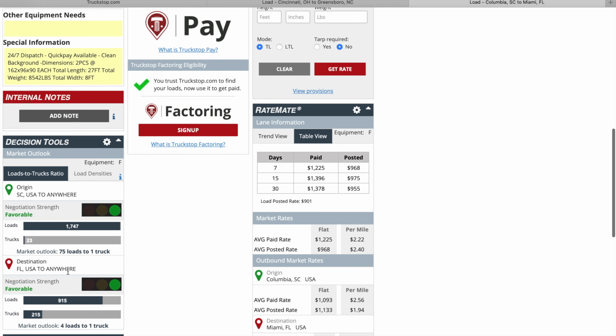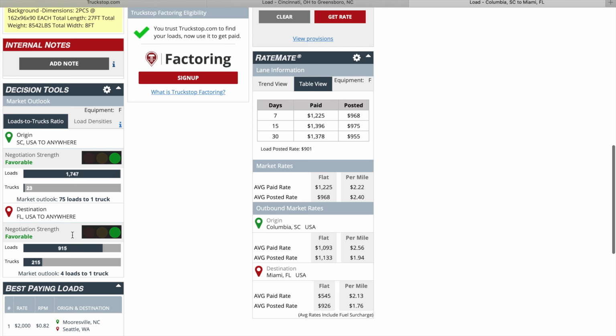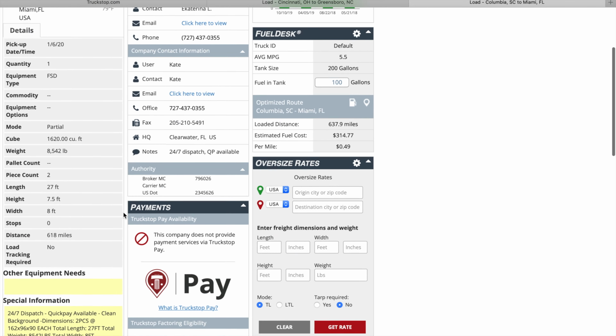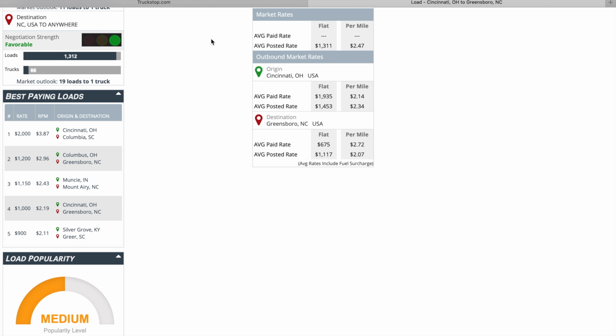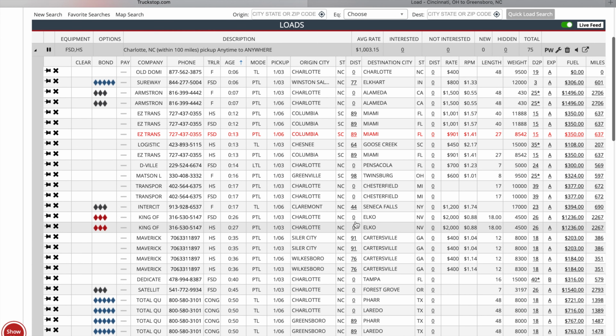Like over here, it shows you trucks to loads, which normally I think these are pretty inaccurate. They normally give you a pretty good idea, but Miami is just, it's for the state. I'm sorry. So I guess it's kind of fair. But Florida's, you can get loads in Florida, but you're going to come out cheap. So anyway, we're not going to call this a load. I just wanted to show you guys. So we're going to go back and